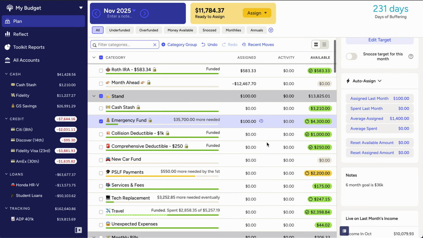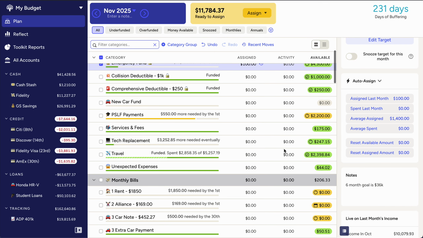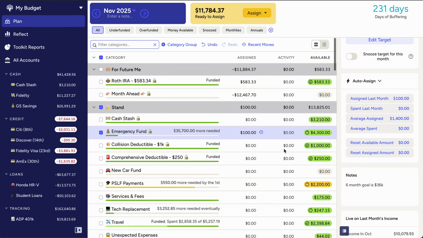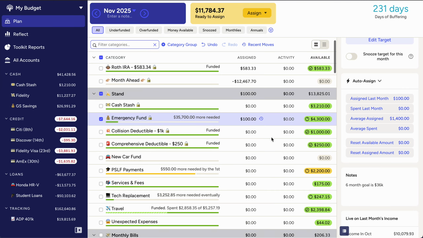My emergency fund, how much did I assign last month? I'm just going to go ahead and assign the same amount. I keep my month ahead plus a bunch of these categories. That to me is my emergency fund. So this one is just like if I ever get to the point where in addition to all of my sinking funds, I can have a 6-month job loss fund. That would be great, but I kind of view my entire budget almost as an emergency fund.